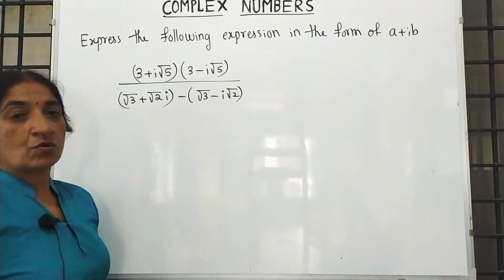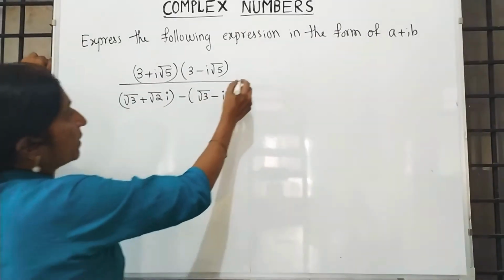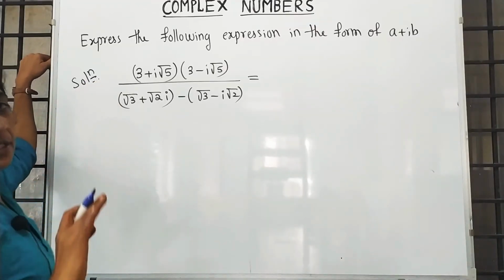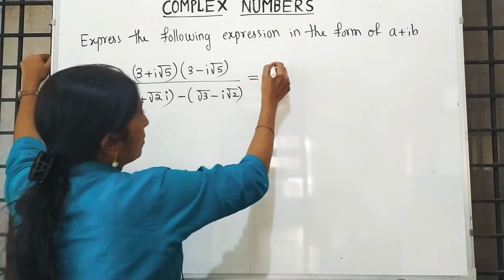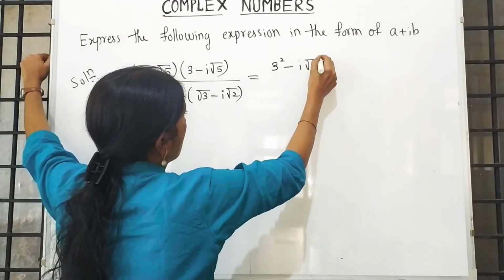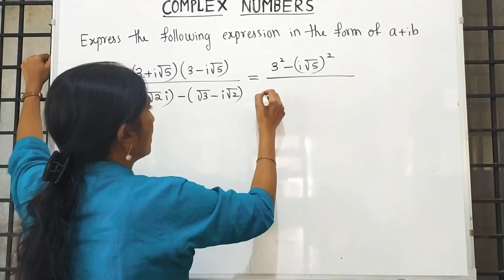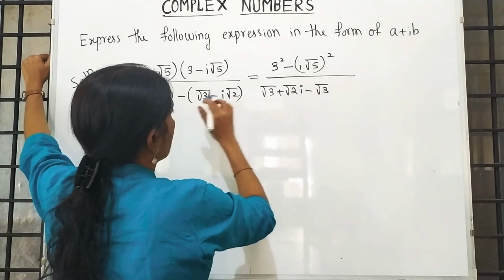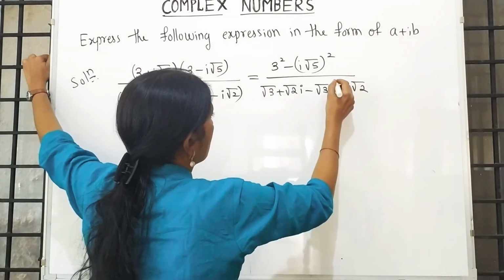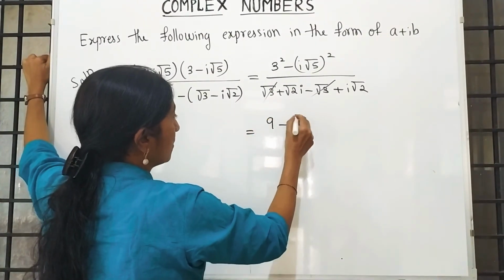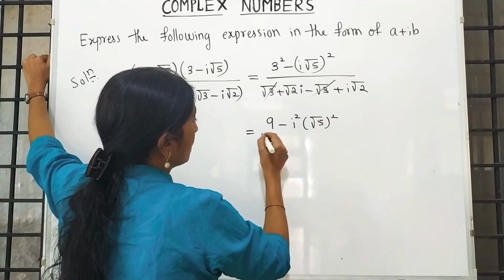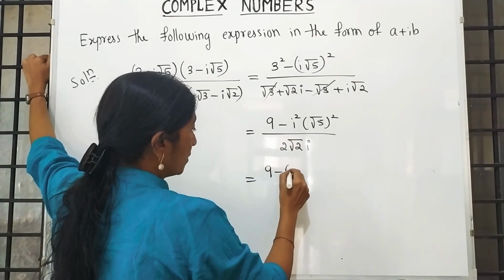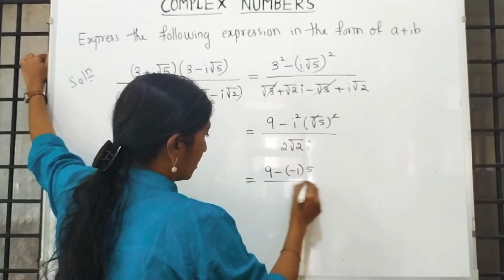See, this is an important question for 3 marks. When you are writing a solution, write down the given problem. Numerator is in the form of a plus b, a minus b, a square minus b square. And in the denominator, remove the bracket. Root 3 plus root 2i minus root 3, minus into minus plus. Minus root 3 plus root 3 get cancels. It is 2 root 2i. I square is minus 1, square root and square get cancels.